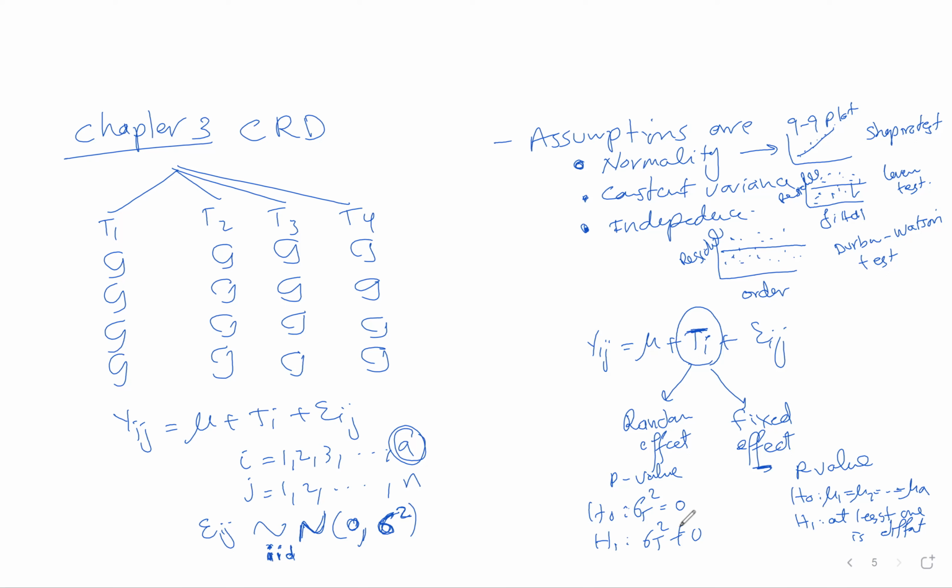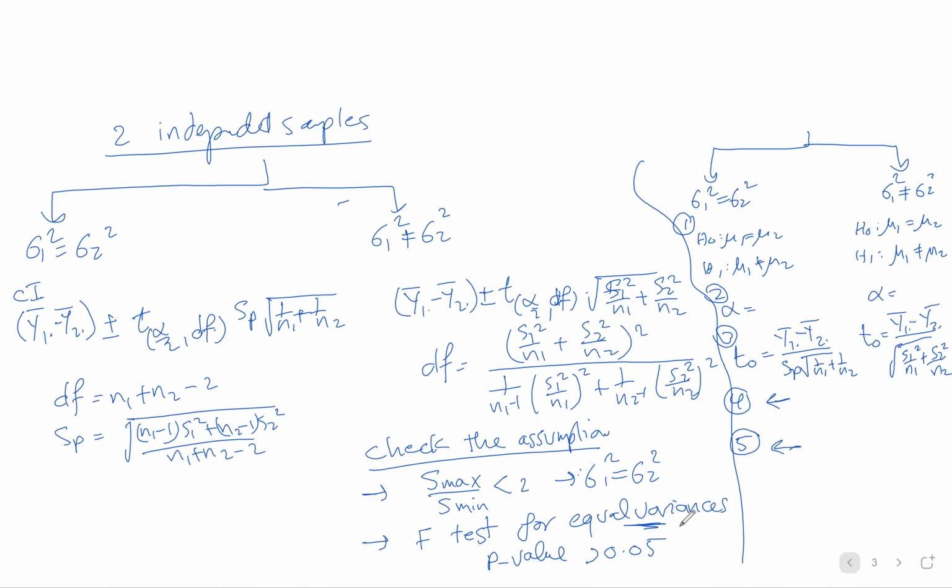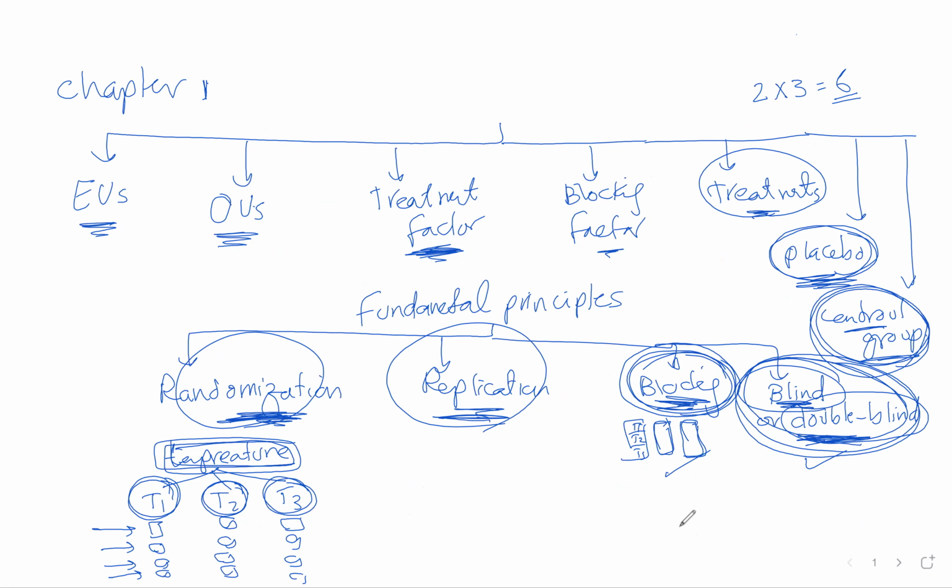Any questions so far? Okay, what does sigma tau square refer to? The variability due to the treatment factor. For example, when we work with temperature, maybe you look at these levels of temperature as a random sample from all the possible temperatures. I'm not interested in these specific 3 temperatures. I selected those as 3 levels of the temperature. Are the temperature levels different in terms of the response variable or not?